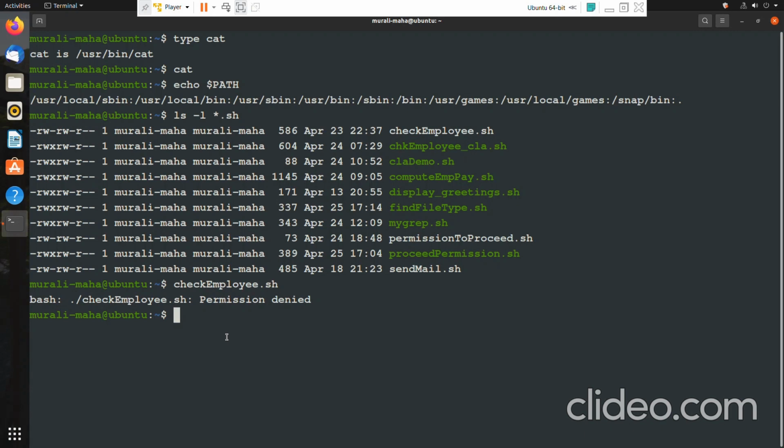So for any script or any binary to get the status of a command, there are two conditions which have to be satisfied. The first condition is that in whichever directory that particular script or binary is present, that directory should be added as one of the directories in the path variable. If it is not already there, that directory should be added,